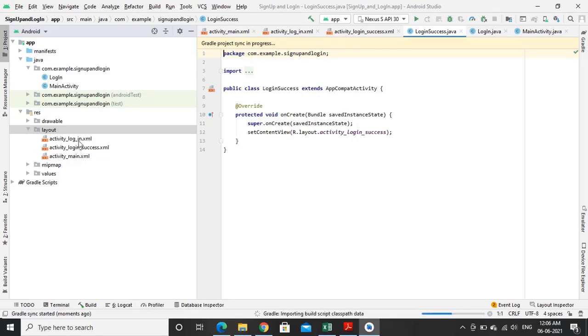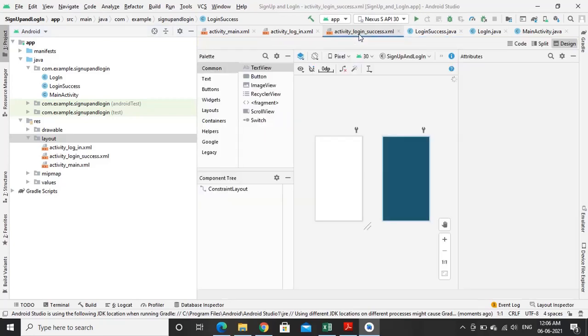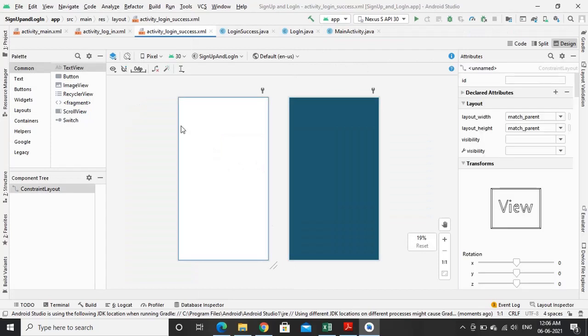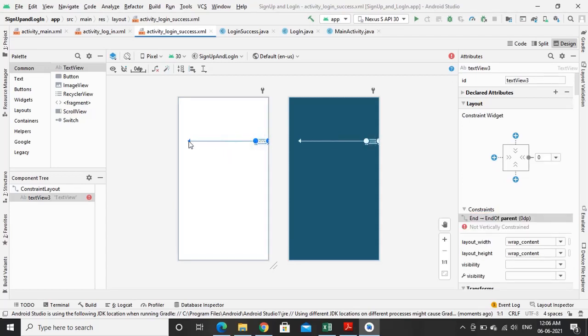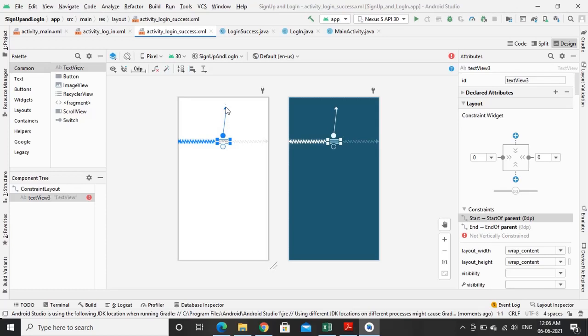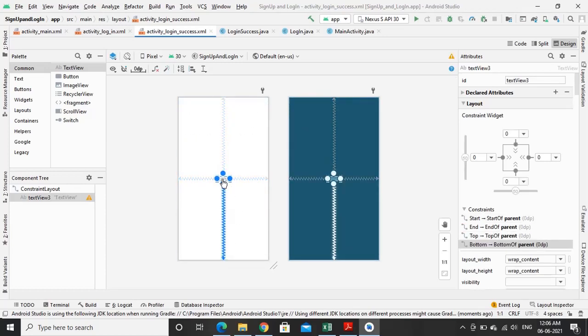We have 3 activities. Select activity login success.xml, and here we need to include one text view for printing the successful message. That is the third activity and the last one.